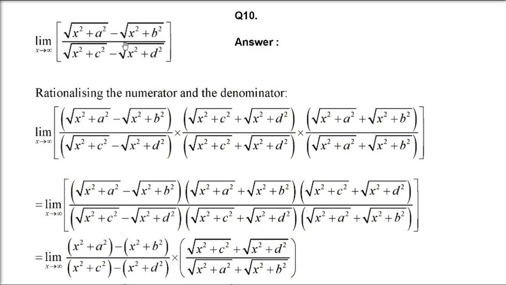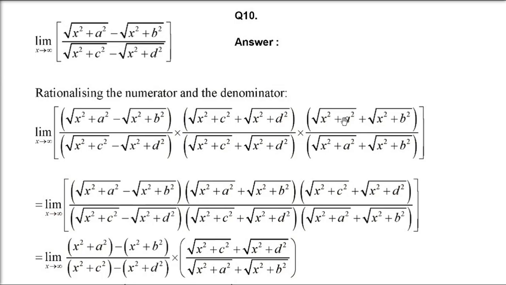So see, just watch it very carefully. This minus, in the numerator, we're multiplying it with the plus of the numerator, the RF. And with the same thing we have to divide, coming to the denominator. This is minus, so we have to multiply it by the plus. So the same thing we are doing, plus.